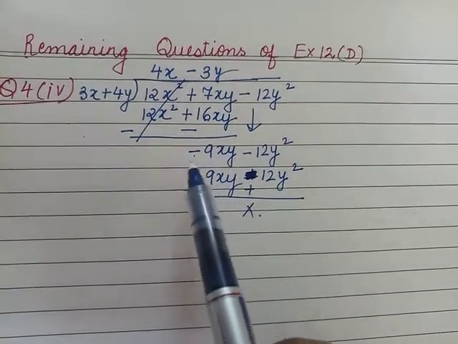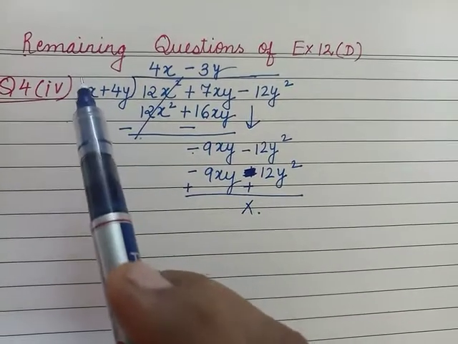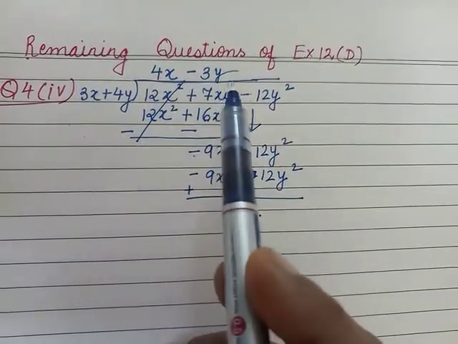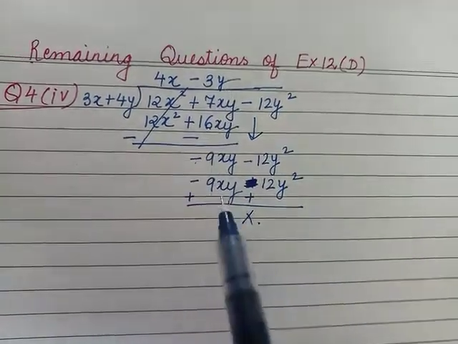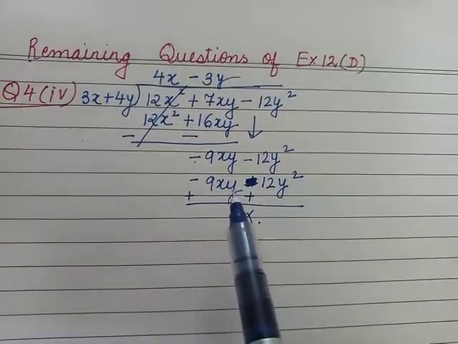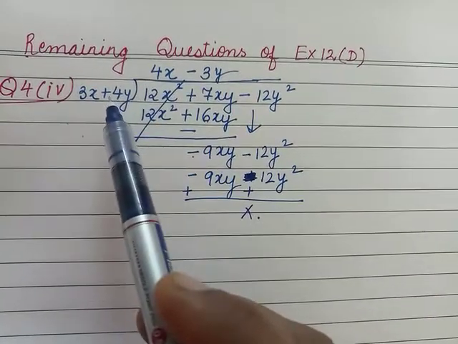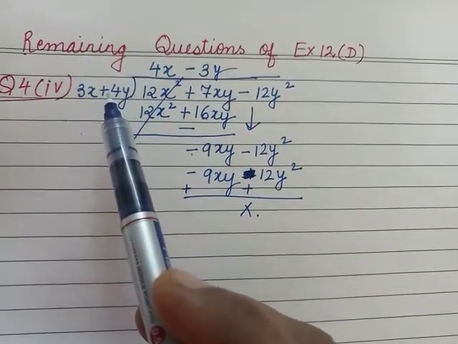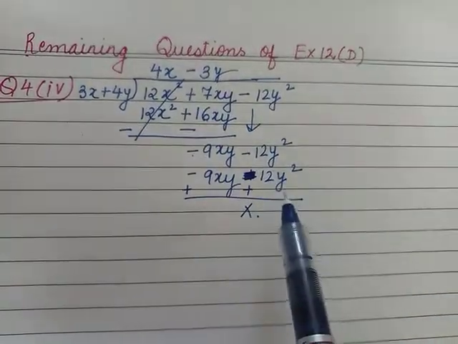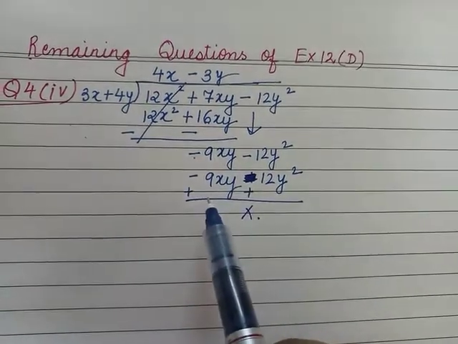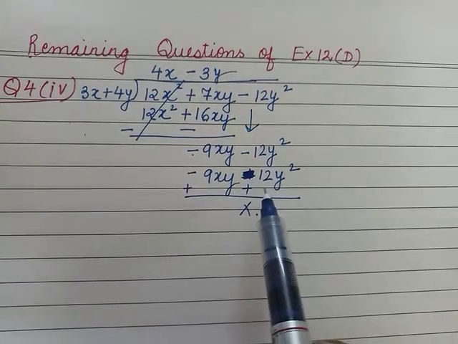Now to eliminate minus 9xy, we need to multiply this 3 with the minus sign. 3 threes are 9, so we are multiplying it with 3, and y is required, so we multiply it with the y also. So what we get? Minus 9xy. Now when this minus 3y is multiplied with plus 4y, that will give you minus 12. 4 threes are 12, y and y will give you y square. Now on subtraction, the sign gets changed, so we get plus 9xy here and we get plus 12y square.